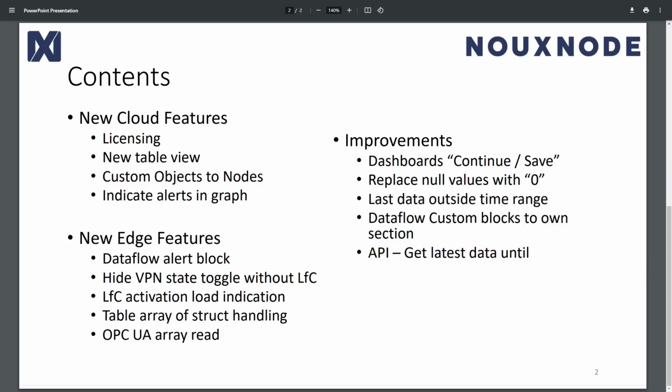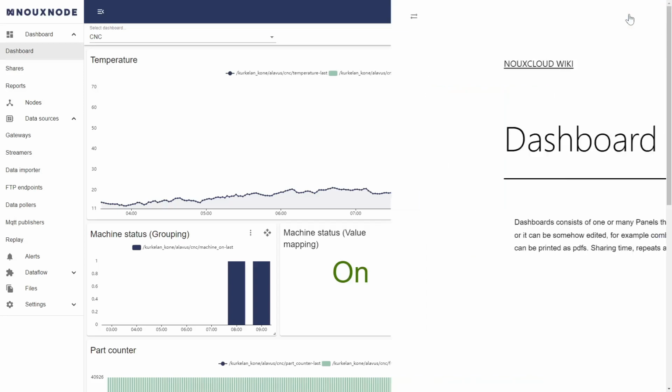Replacing null values with zero. Sometimes there's an issue that if within a time range we don't have values at all, they still need to be shown as zero, for example for some calculation or something like that. And we actually do have, if we take a look again at the documentation,